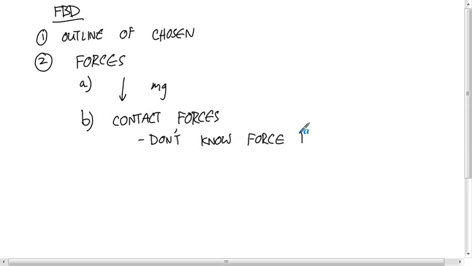If you don't know the force direction, then you draw the little coordinate system and you use the,